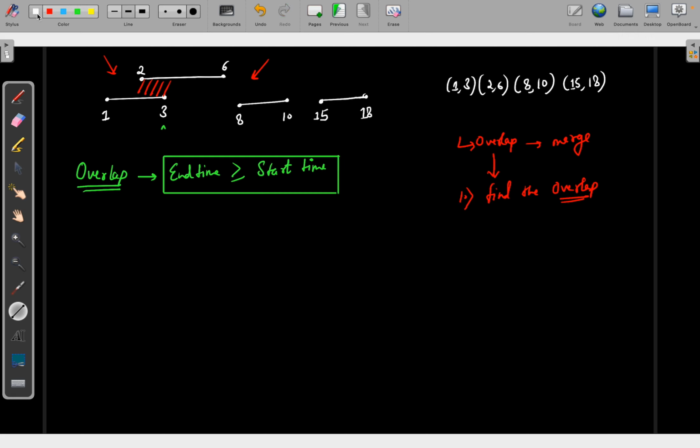Now there is one problem with it. Okay, what is the problem? Let's see. Here the figure is something like this, and we are able to do it. Like, and even here, suppose instead of this, we are given intervals like 1 comma 3, 2 comma 6, and then we have 8 comma 10, and then we have